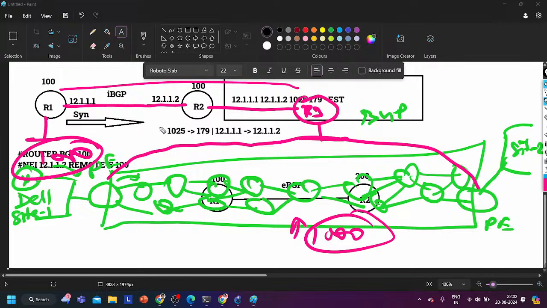Right? So let's say you are troubleshooting, you are a network engineer here, and BGP neighborship is done between this router and this router. BGP neighborship is done. So what will you do, guys? First of all, you are going to verify the TCP connection, whether the TCP connection is up or not between this P to P. If the TCP connection is not up, that means it cannot exchange the BGP message.